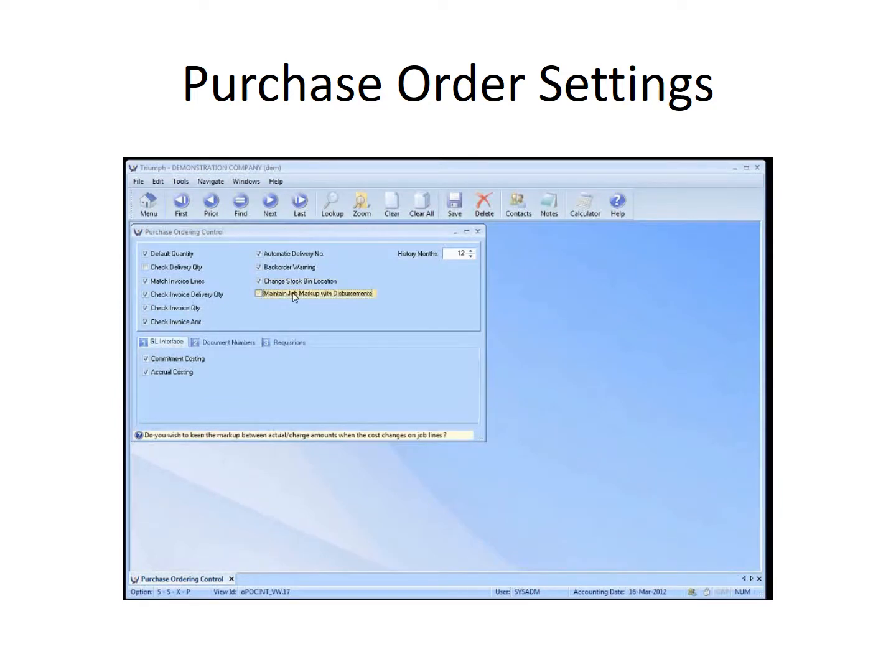And do you wish to keep the markup between actual and charge amount when the cost changes on job lines? So where you've got margins set up in jobs, if the costs go up, do you want those markups to be kept the same even though the costs have changed? So just a few options that are worth turning on and off and testing and trialing a few things as you do some transactions. And then you've got the ability to say how long do you keep old purchase orders for. A couple of the key questions is the GL interface is, if you want to keep committed liability information,